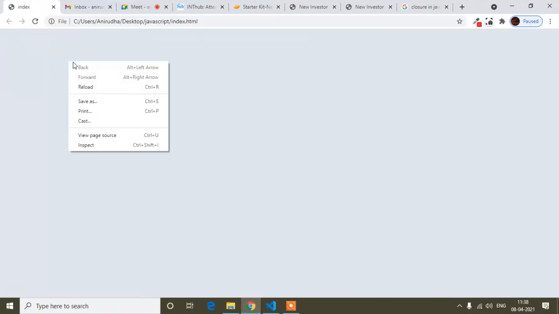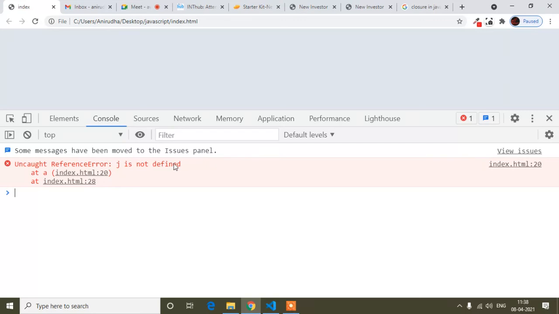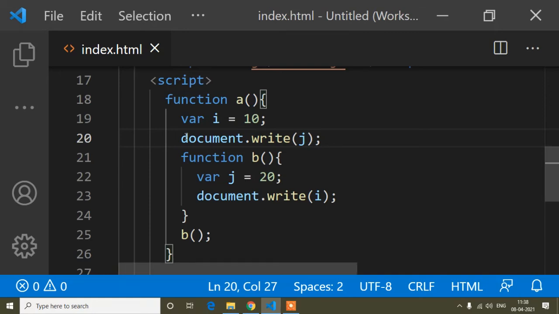So here if I open our developer tools, you will find I'm getting an error. The error is j is not defined. So why? Because we cannot access a child function's variable inside our parent function, but we can access a parent function's variable inside a child. So that is closure. When we access a parent function's variable inside our child function, that's also called closure.